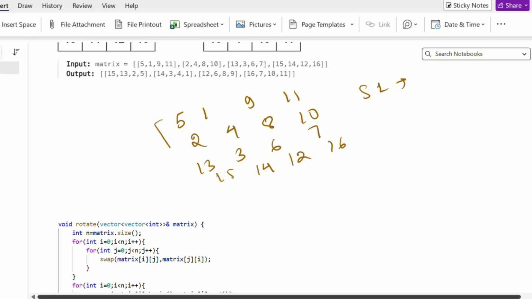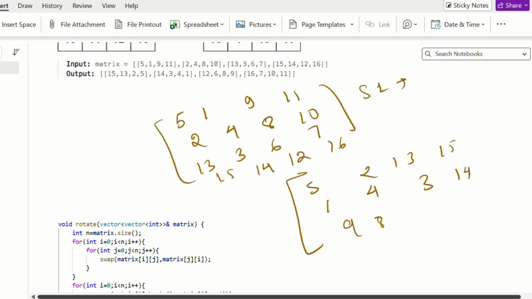If I do the transpose of this matrix, it will become 5 2 13 15, then 1 4 3 14, 9 8 6 12, 11 10 7 and 16.